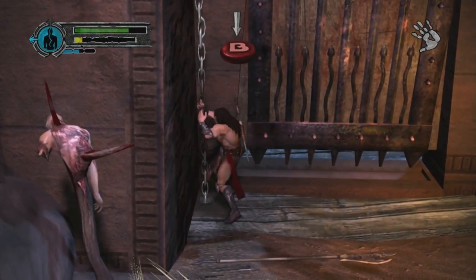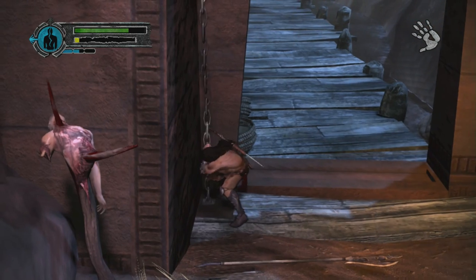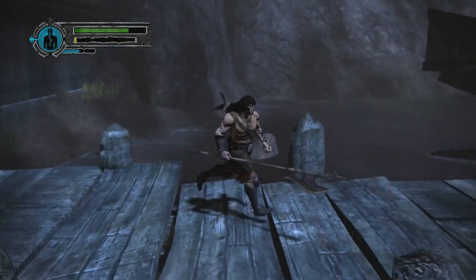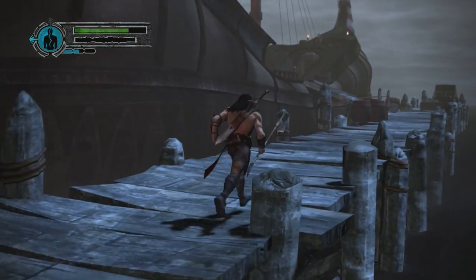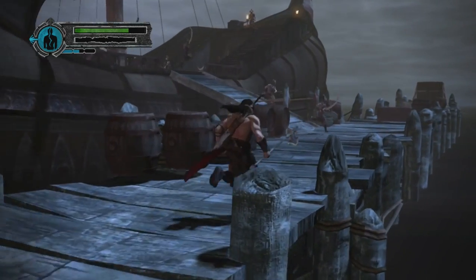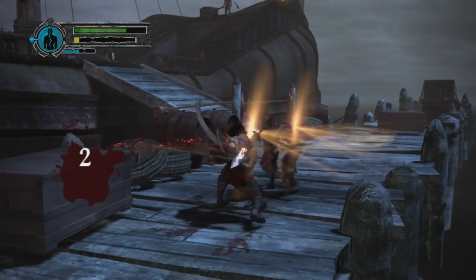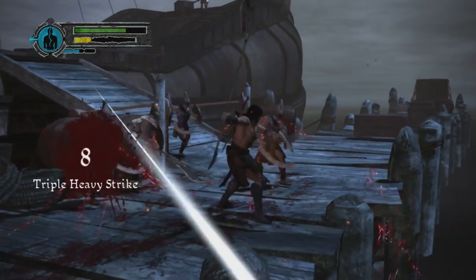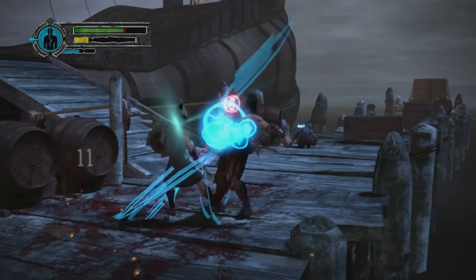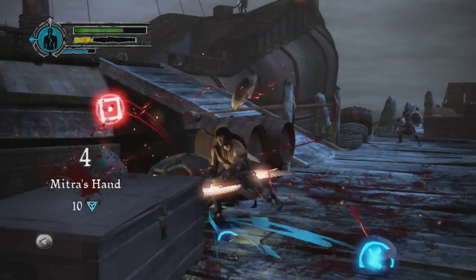Cool. So we now have our next ship. We're gonna have the same thing as before. Guys up there are gonna be shooting at us. We don't particularly care. We're just going to hit them with Mithra's Hand and see. Oh, look at that. So the reason that I'm doing this actually is, while I don't need a ton of